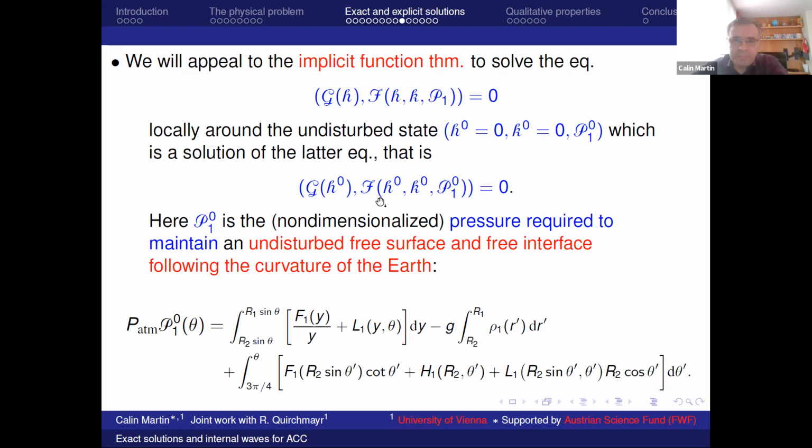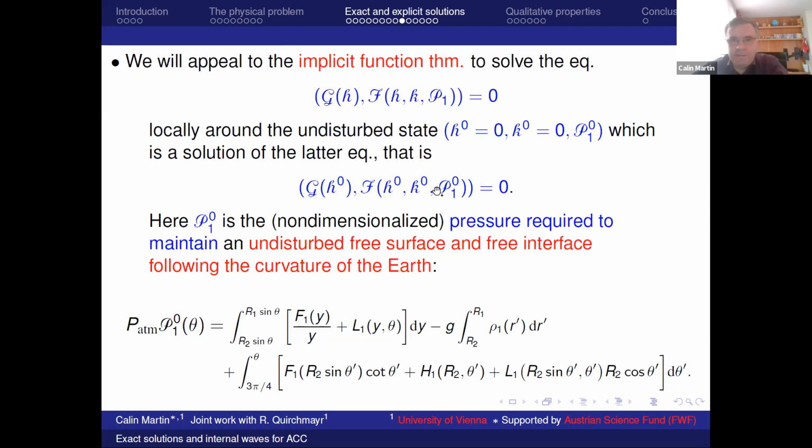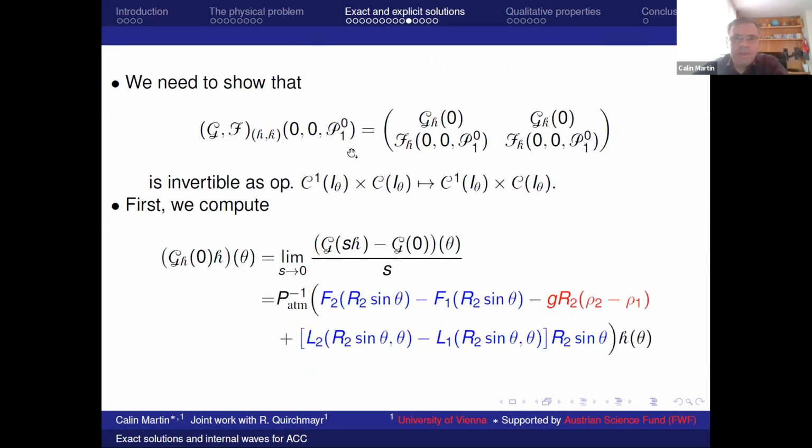This is actually a solution of this equation of the system, H0 and K0, denoting with this P01 the pressure which is required to maintain an undisturbed free surface and free interface following the curvature of the Earth. So we will need to show that the derivative of this operator in this basic flow, or the ground state, so to say,